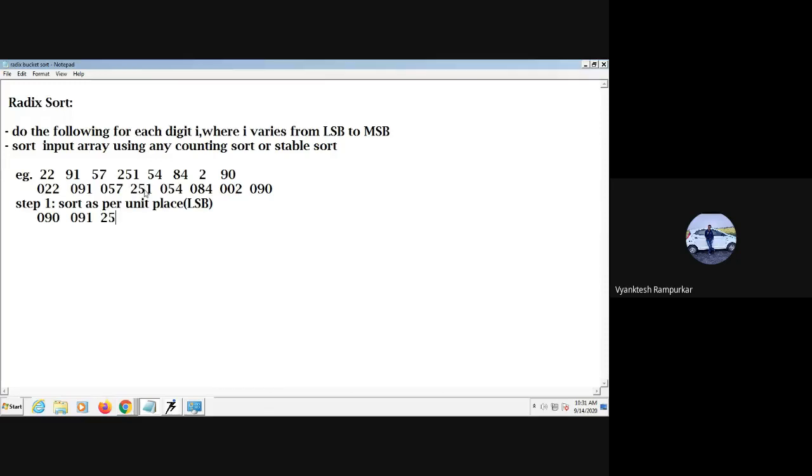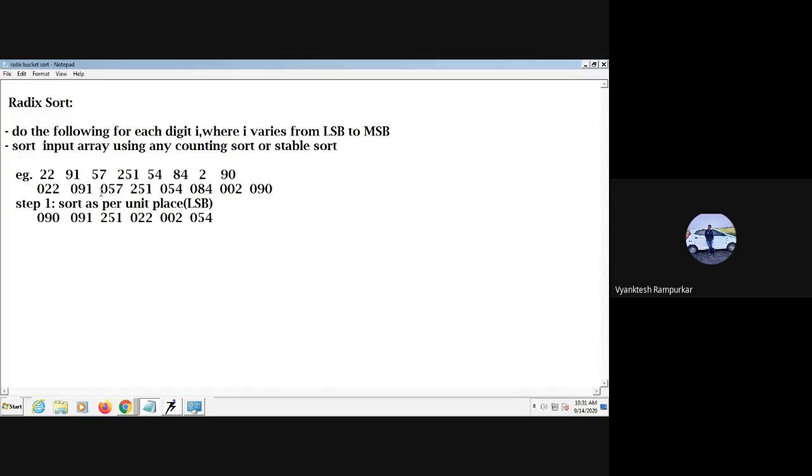Then 251. Next 2, it becomes 022, 002. Next, we are searching for 3 at LSB. No. 4. Yes, it is 054.